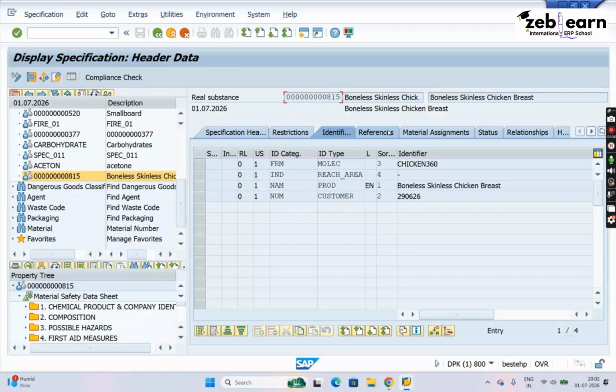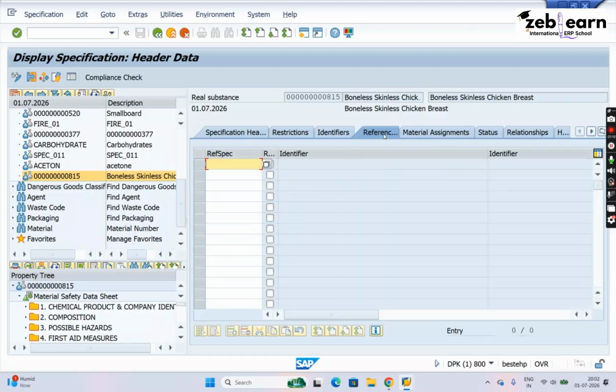Okay, so yesterday I just gave you some idea about reference terms. We did not see that in detail. Today we'll see. So references, I was actually saying yesterday that when you want to create some data in a specification, how do you normally do? There is one common way. You have to go to